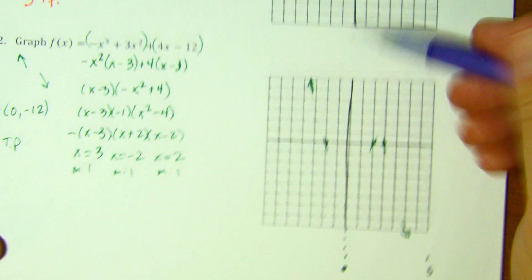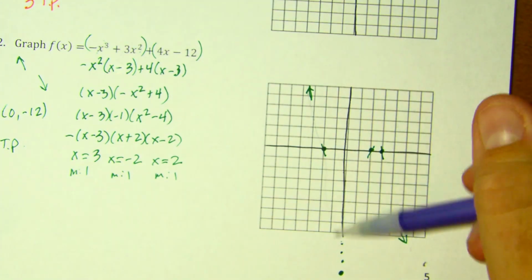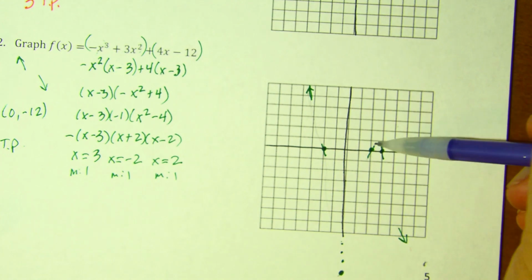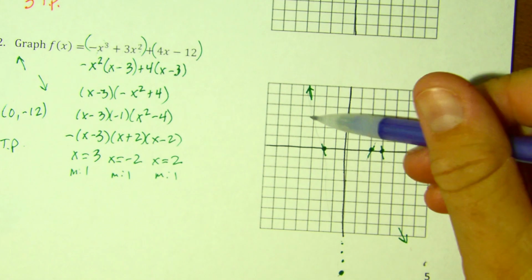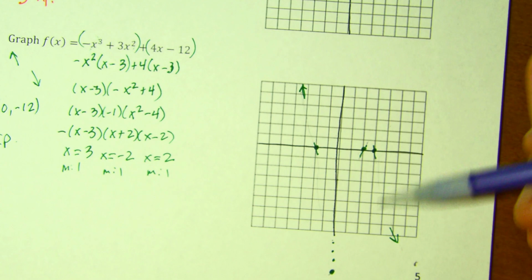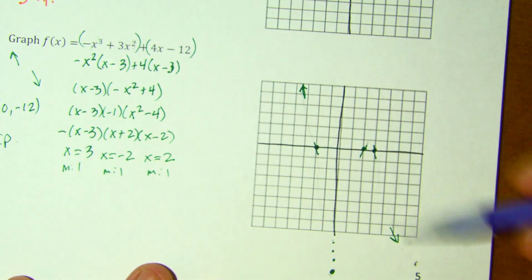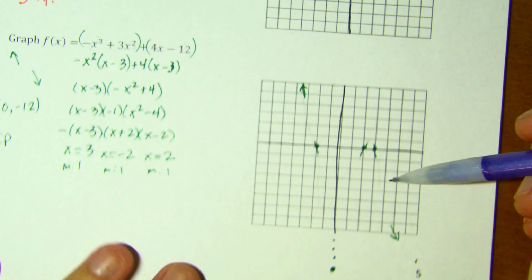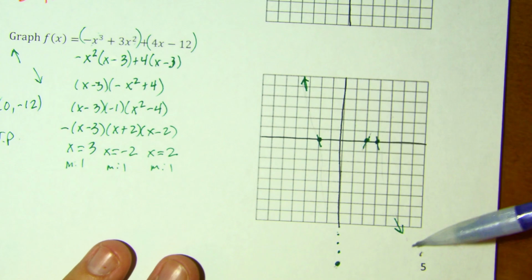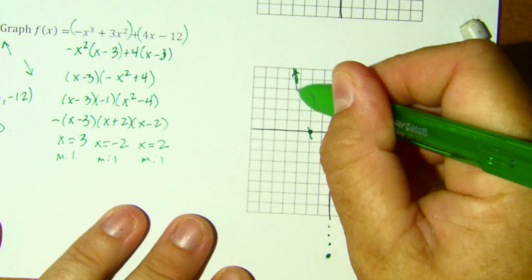Okay. So if I think about my graph here coming through this point and coming all the way down, it's going to go through this point, but it's going to have to come back up to go through here, and then it's going to have to go through here as well. That gives me 2 turning points, and that gives me the shape of my graph. Now, I don't know that this is the lowest point here. It could be somewhere else. It could be over here, or it could be over here. But when you're graphing these by hand, these are the pieces of information I'm looking for. I'm looking for a y-intercept, I'm looking for where it crosses the x-axis, and the end behavior, and this is a good enough sketch